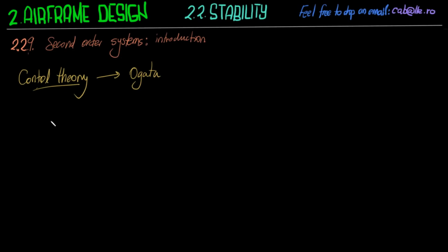So what is a second order system? Well, I'm going to use the analogy of a mechanical second order system. It's going to be easy for you to relate it. So if we have a damper which dampens the movement of the mass m